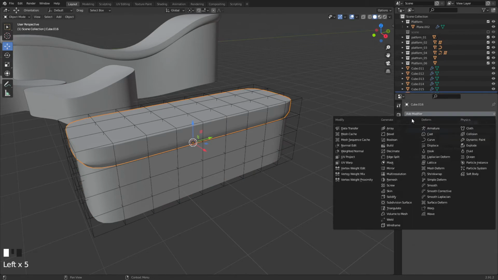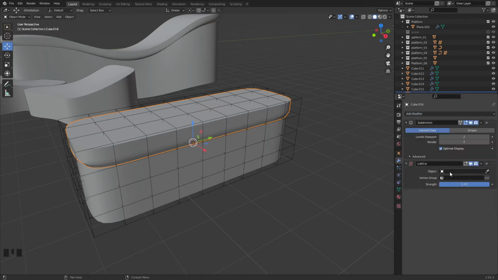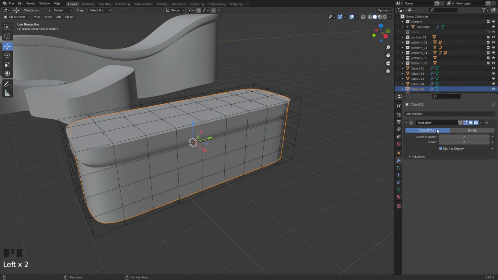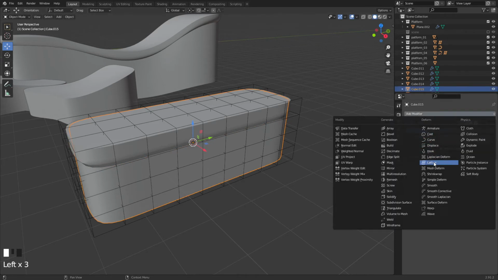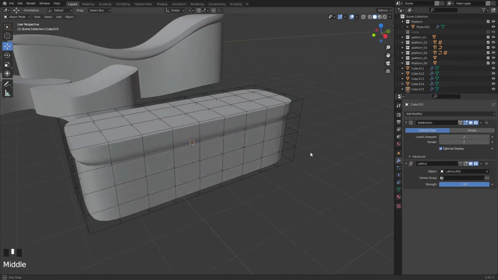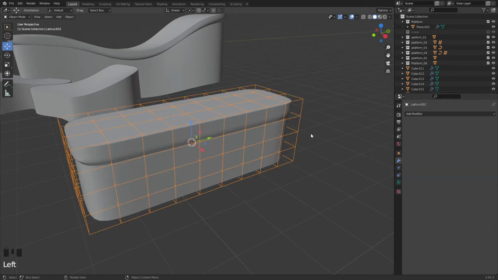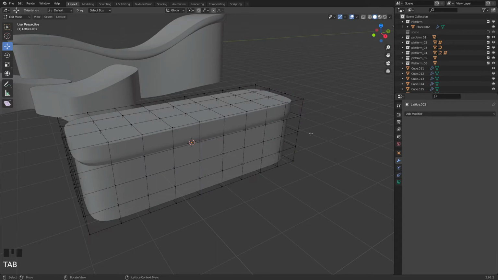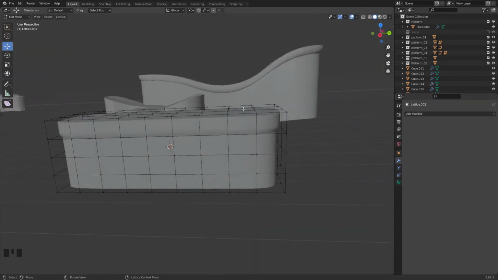So where is it? There it is, by the form. And then we also select this. There we are. And here, this one as well. Lattice selected. There we are. Okay. Now, nothing happened. But if I select the lattice modifier and go to edit mode, and let's